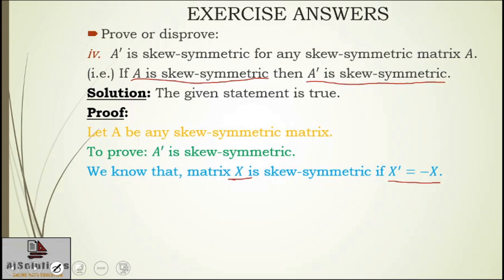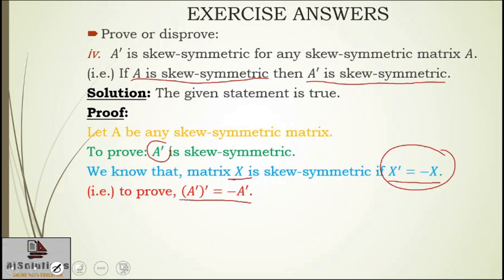And then after that, step number 4, write what needs to be proved exactly. So you are going to write that is to prove: transpose of A transpose equals minus of A transpose. How am I getting this? I am getting this with the help of this condition and this A transpose. You are going to put A transpose in place of X in this condition. So just put that, and that will give you this line number 4.